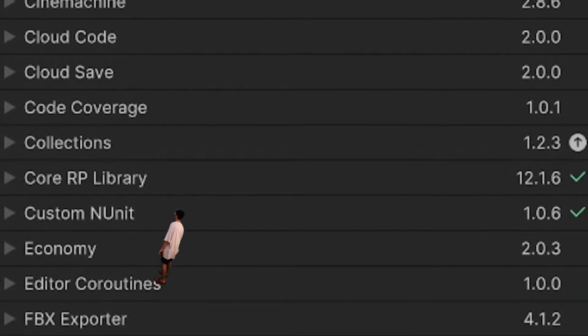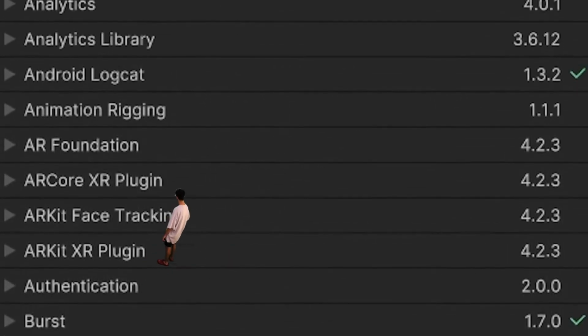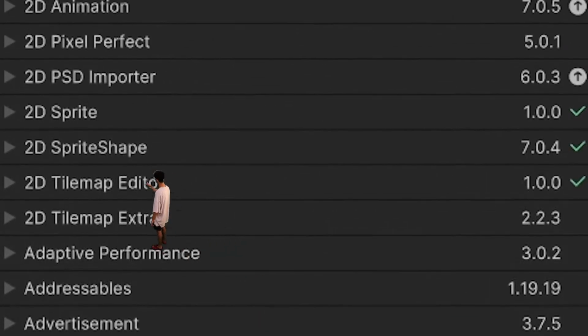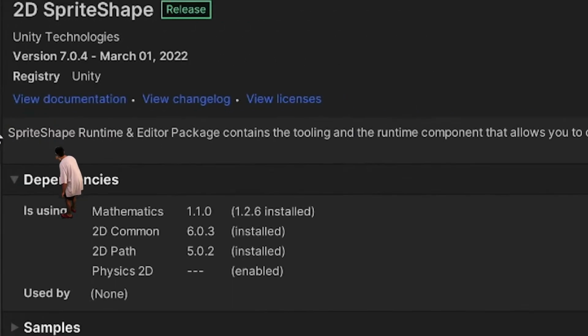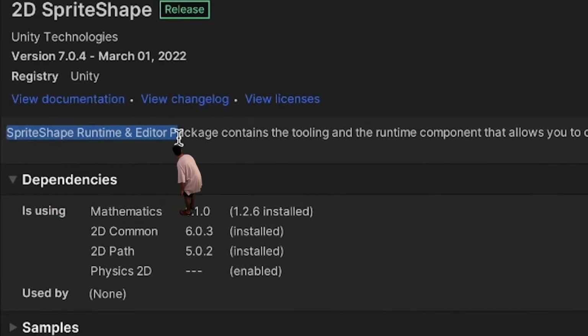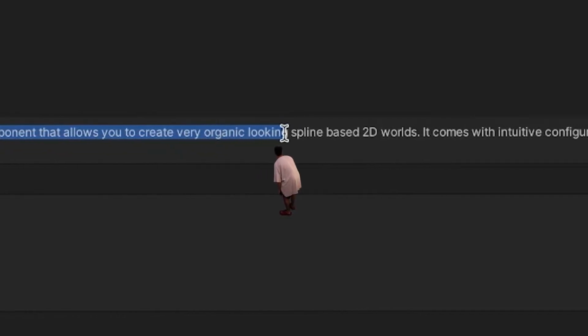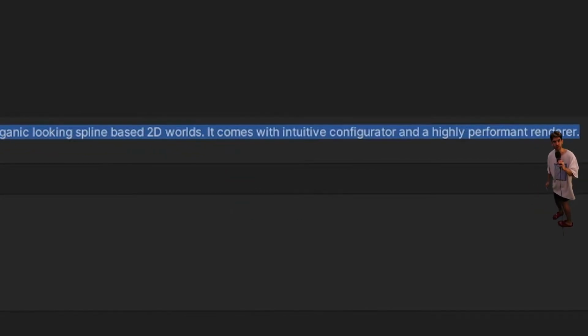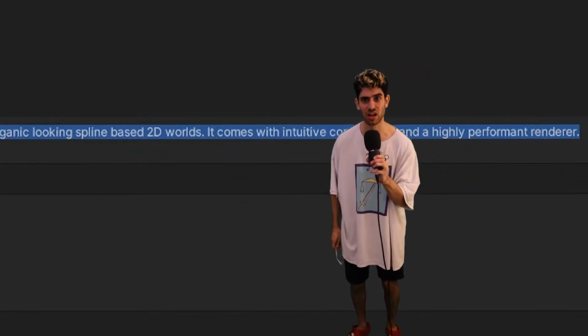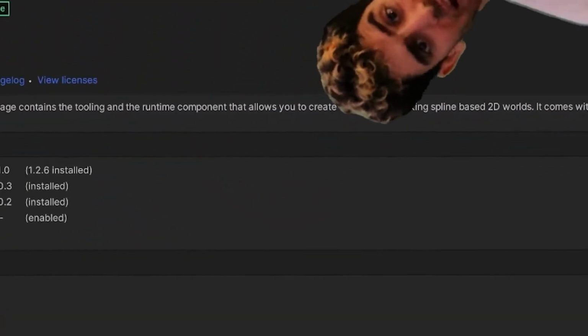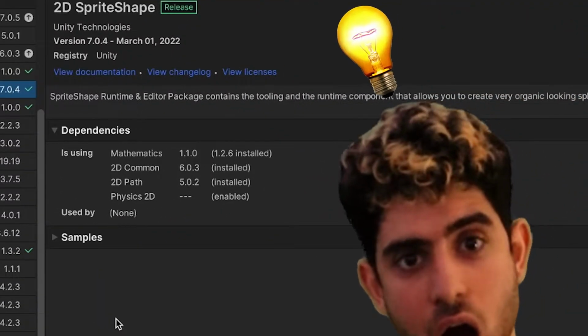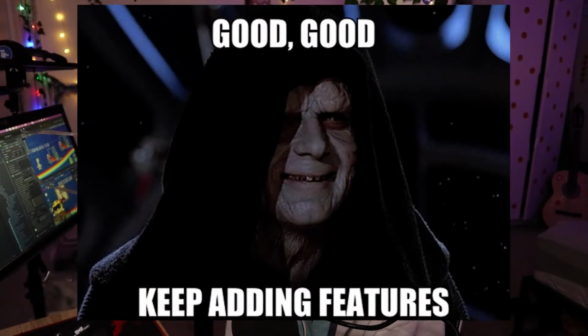One day, lil old me was perusing the Unity package manager when I noticed something out of the corner of my eye. What's this? 2D sprite shape? "Sprite Shape Runtime and Editor package contains the tooling and runtime component that allows you to create very organic looking spline-based 2D worlds." Wait, what? It's a runtime package? I can modify the 2D spline while playing my game? Now I know feature creep is the root of all evil, but this... I mean, I couldn't say no to this kind of a thing, you know, it's just, look at it,